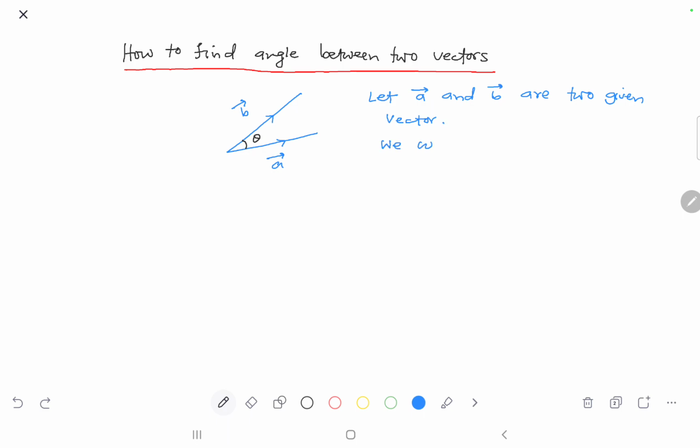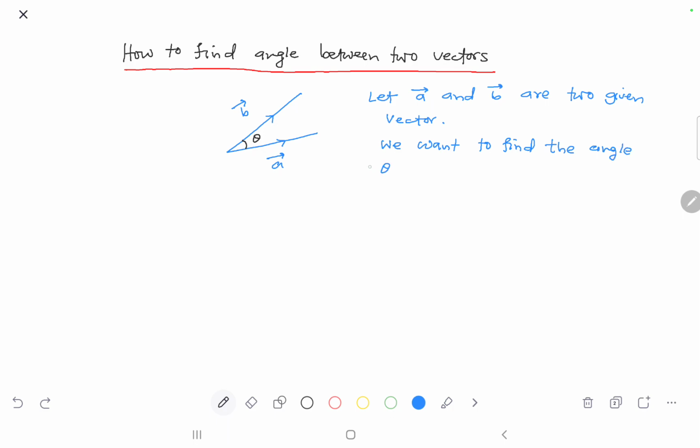We want to find, so if you have two vectors, then you know the components of AB. So both vector AB components are known to us. Now using those components, we want to calculate the angle between those two vectors. So let's say AB two vector. We want to find the angle